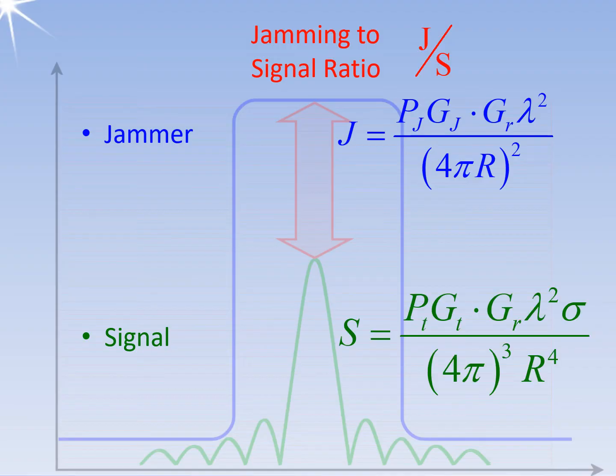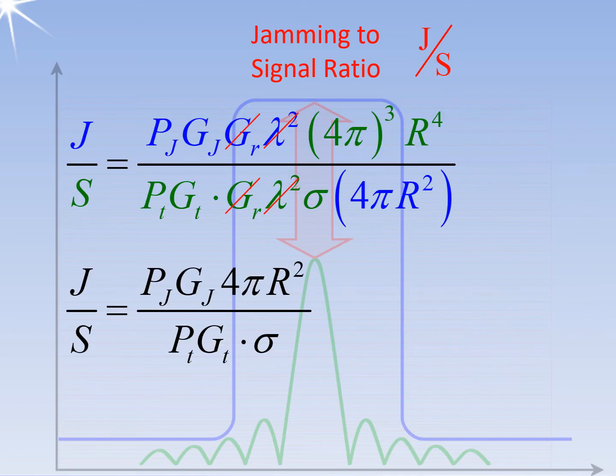The strength of the echo signal, S, is determined by the two-way radar basic equation, for which I created a separate video. The link to this video can be found in the video's description. The jamming-to-signal ratio is the ratio of the power received from the jamming signal transmitted to the power received from the radar backscatter from the target. This ratio is calculated by comparing the power density of the jamming signal to that of the desired echo signal.